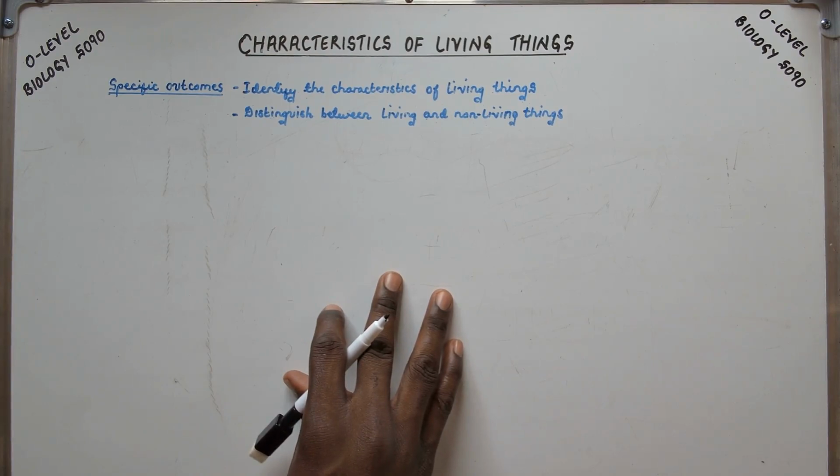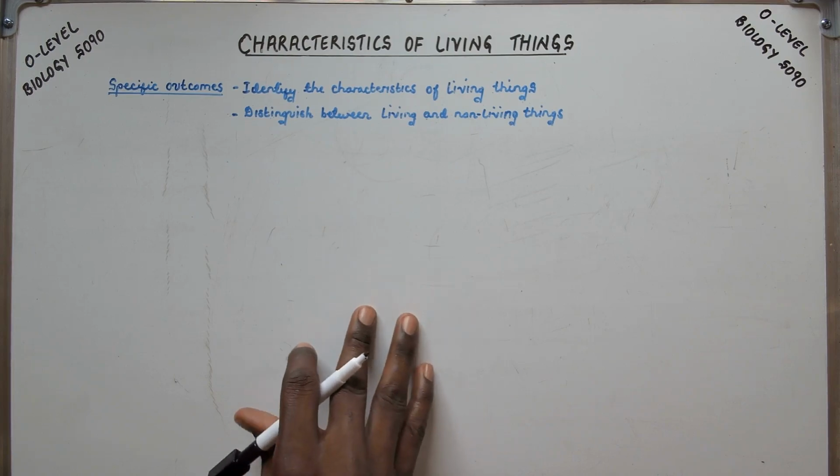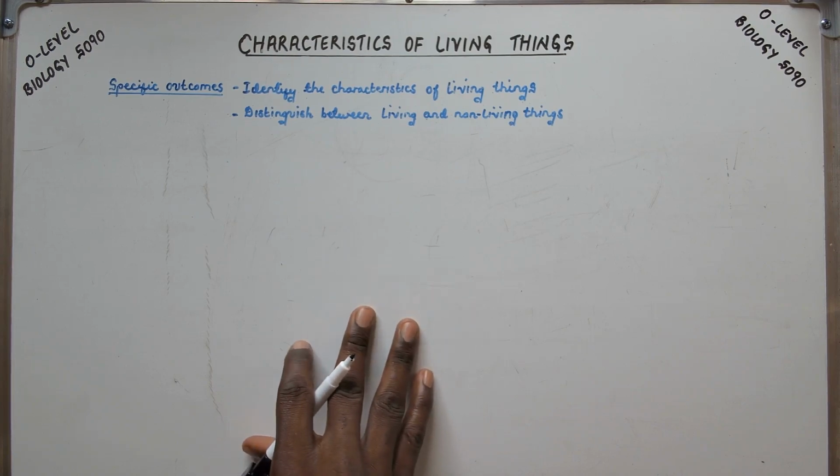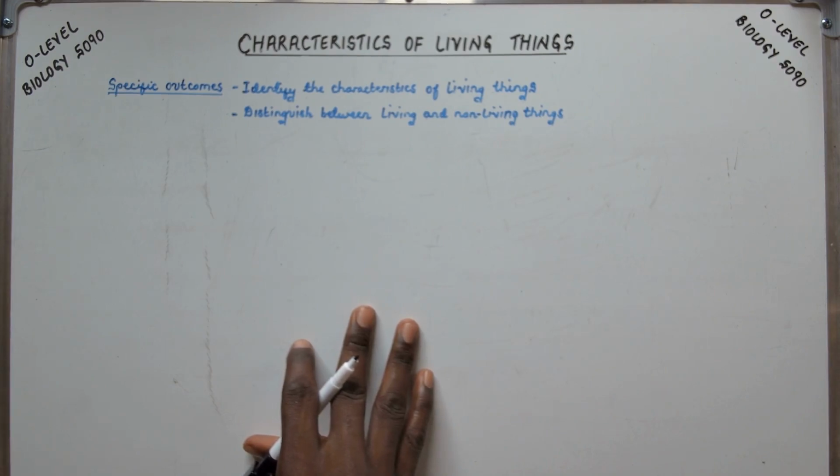So in today's particular unit we're going to discuss characteristics of living things, and by the end of this discussion you should be able to identify the characteristics of living things and also distinguish living and non-living things. Okay, so there are 7 characteristics that will be discussed, and these include